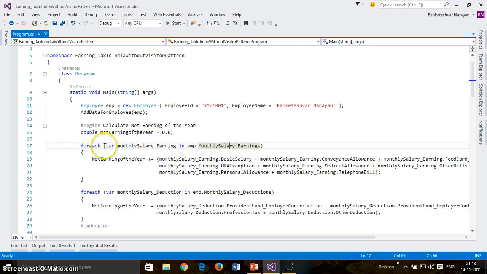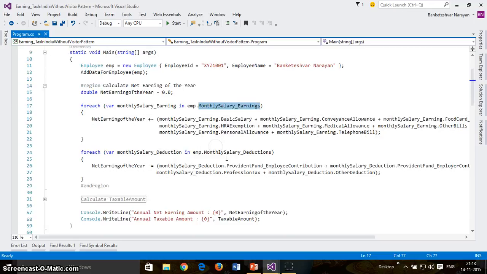So for each on employee dot monthly salary earning, all these components are added, and then running a for each loop on monthly salary deductions, and these parts will be deducted from the earnings. So here I've written minus equal to and am deducting all these parts.